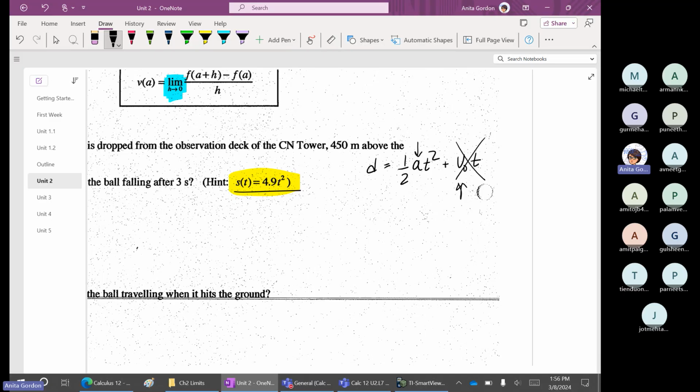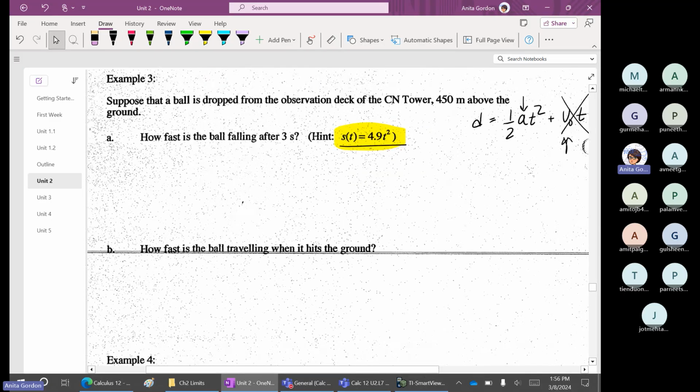You could assume that it is negative, yes, or you could say, let's make the direction down positive. Either way is fine as long as you specify. So at the end of my result here, how fast is the ball moving, or how fast is the ball falling after 3 seconds? I'm going to get a positive number, but I'm going to say it's moving at this speed downward, right? So my concluding statement will adjust the sign as we go because it's a word problem. Okay, here's my